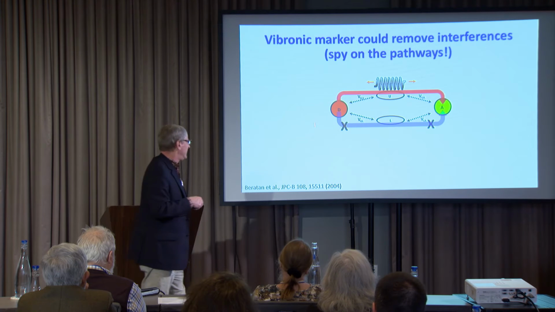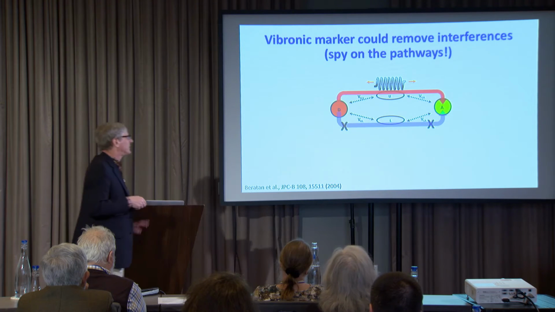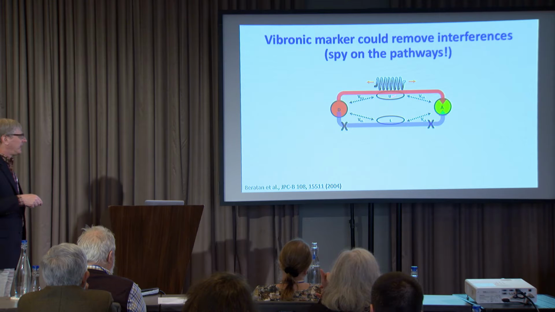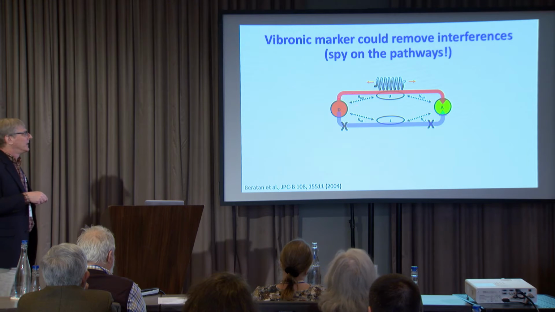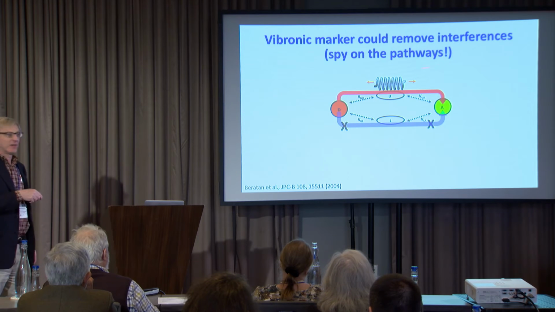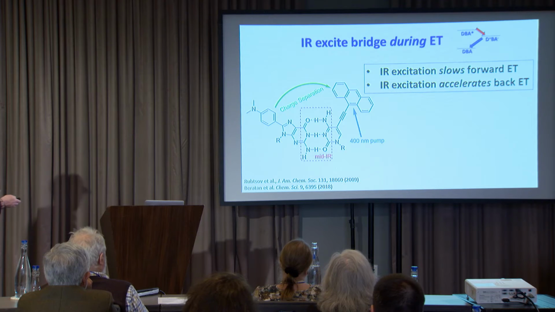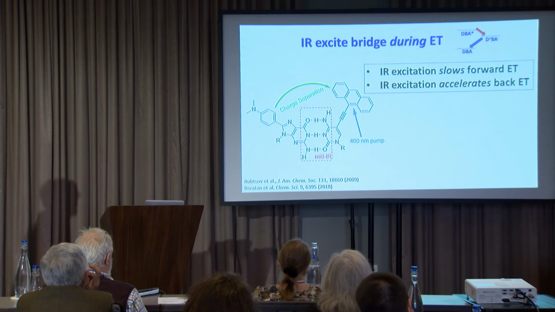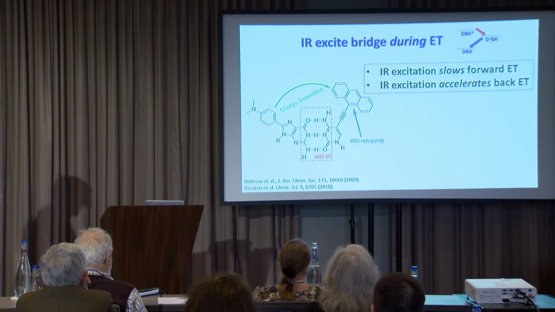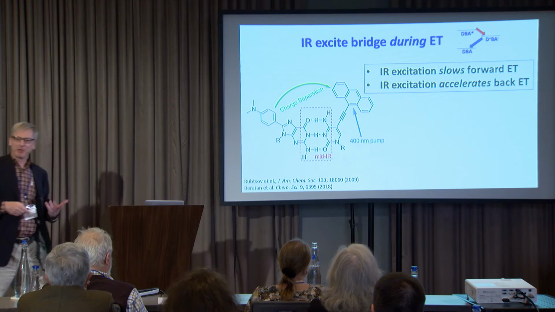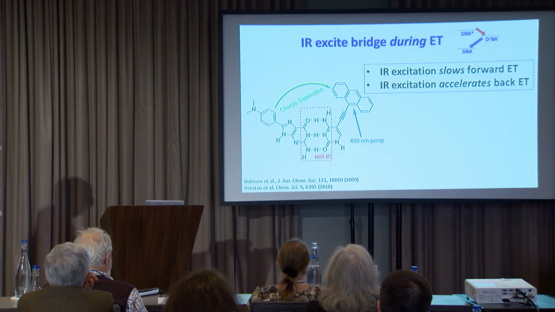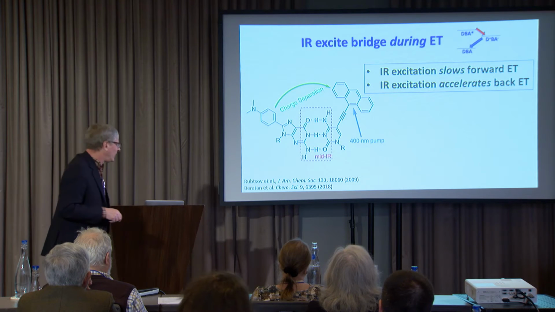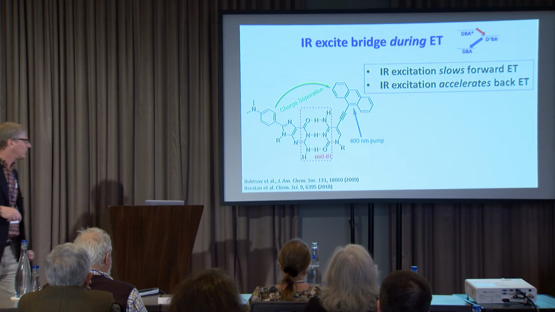We worked out the algebra for this, and you can show quite simply that having this vibronic marker of the tunneling route destroys the interference. So we started talking with our experimental friend Igor Rubtsov at Tulane, and first the experimentalists laugh when you ask them to build a double slit molecule for you, but the literature of chemical electron transfer is quite mature, and